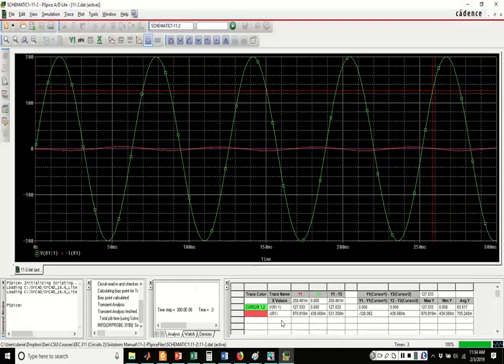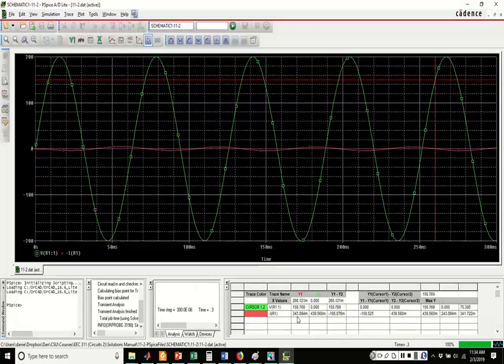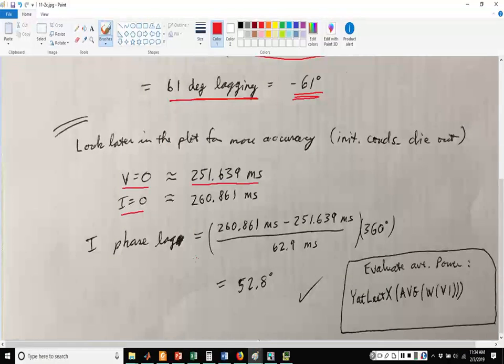Okay, so it's getting closer to 0, 837 milliamps. 64 milliamps minus 84 milliamps. So this is pretty close, 260.9 milliseconds. So here's the value I wrote, 260.861 milliseconds. So what's the phase of the current? The phase lag of the current is 260 minus 251